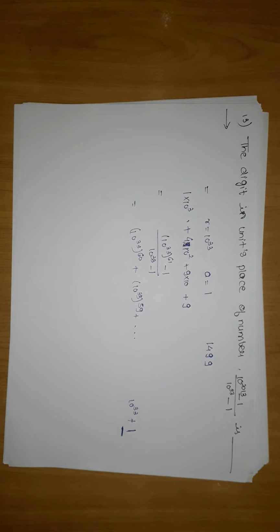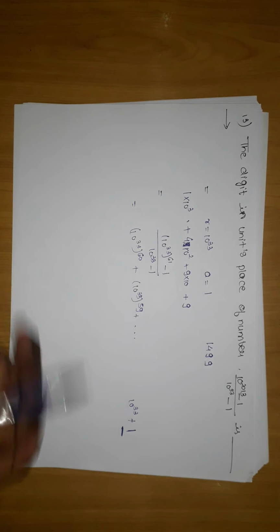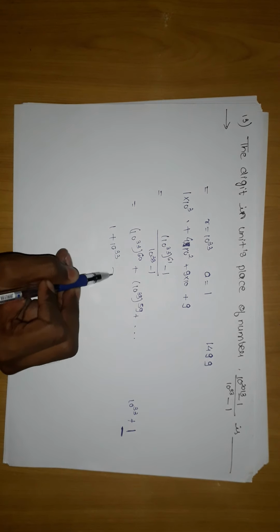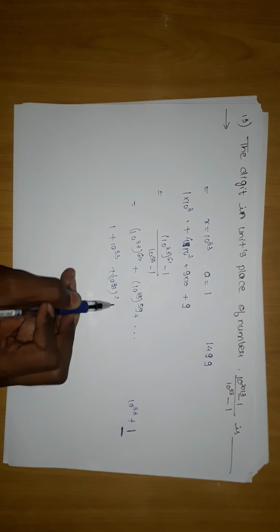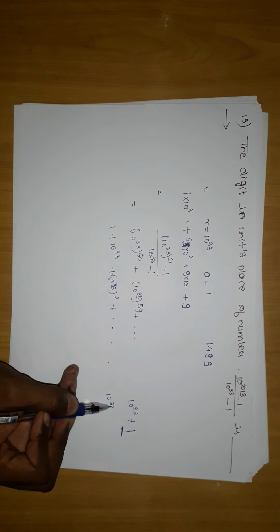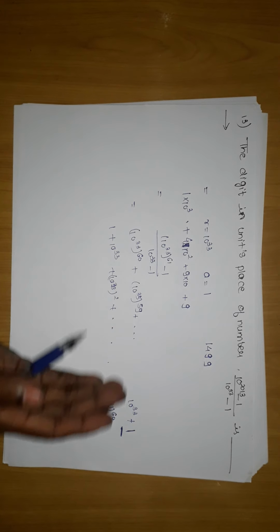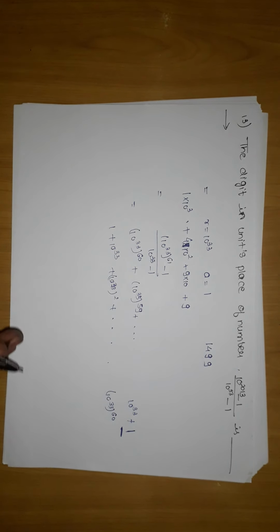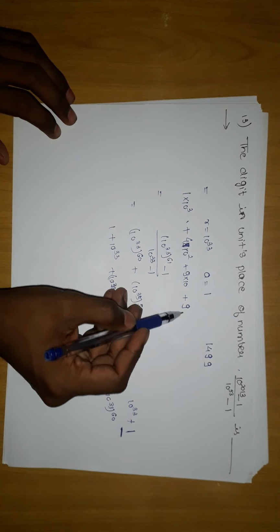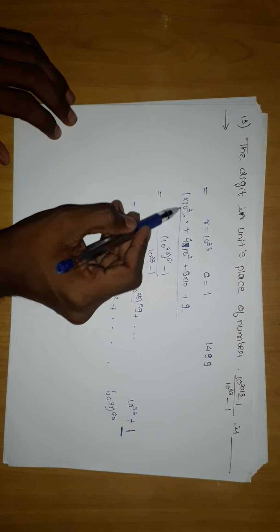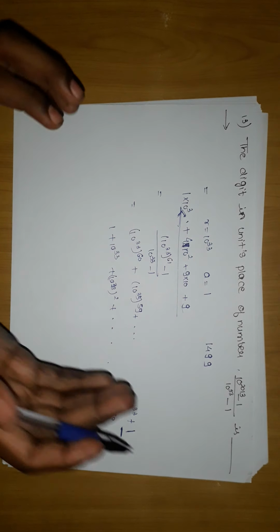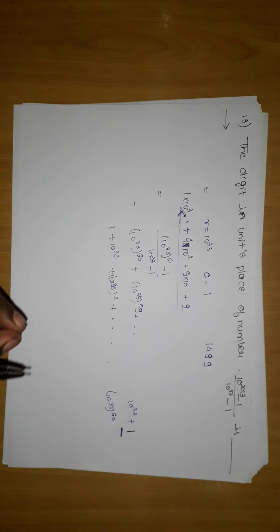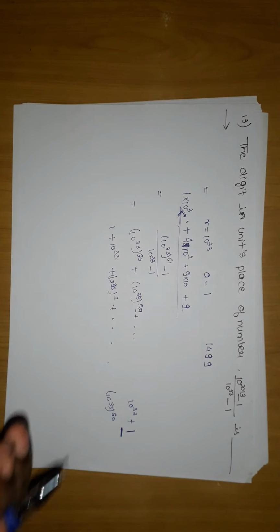Now, the issue many children have with this problem, which is quite easy, no doubt, is that they start like this: 1 plus 10^33, and 10^33 into 2, and so on till 10^33 power 60. They say that it should start from this and go on till this. Fine, no issue. But when we write the digits, we express the number in this manner. So you should try to represent the number like this, because you need to find the unit place.